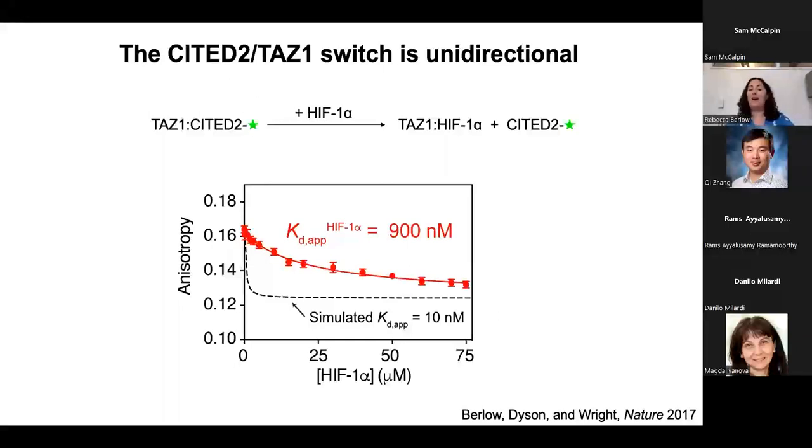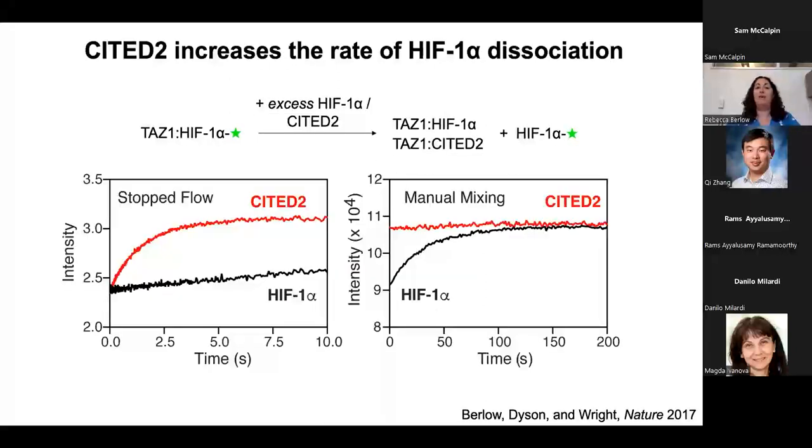And so this was really surprising and of course made us very curious about what was happening. This is where we started to get some insight, because we had this idea that HIF1 alpha and Cyto2 were able to bind to TAS1 and form perhaps a ternary complex that might be able to accelerate dissociation of HIF1 alpha. And so we decided to do some kinetic measurements to understand whether there were differences in the rates of HIF1 alpha and Cyto2 either associating or dissociating with TAS1. And we decided to do them in a competition format.